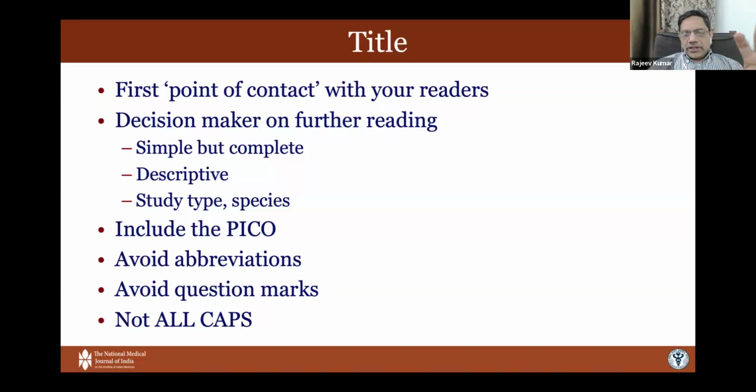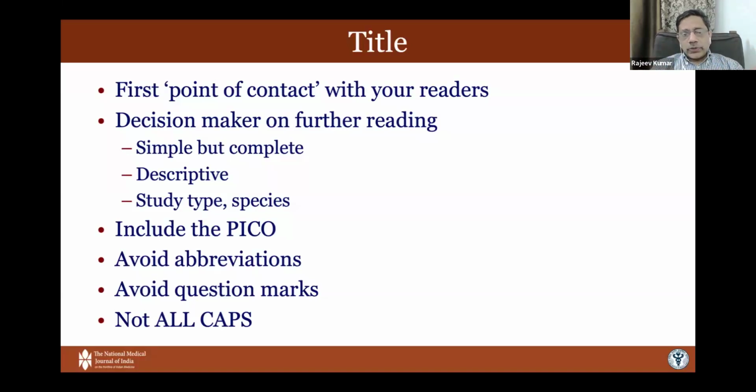Perfect. So the intervention is what you did. It could be something as simple as asking questions or drawing a blood sample or counseling in a particular manner. That's intervention. The comparator is the group you're comparing it with. So let's say you counseled one group for half an hour, another group for 2 hours. Does it make a difference whether you counsel for half an hour or 2 hours? Or sometimes you only do it to one group, but you compare it to what somebody else has done in the past. Or you could say, we used to do our counseling in the outpatients 2 years ago. We are now doing our counseling in the OR, or in the ICUs. Whatever is the difference, that's the comparator.